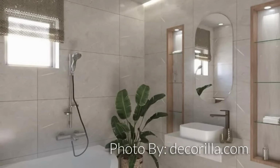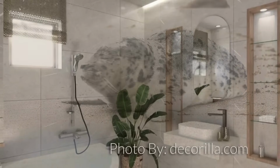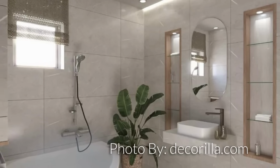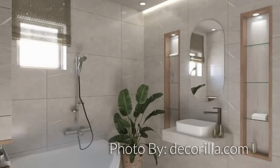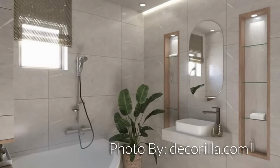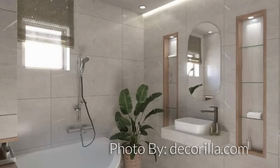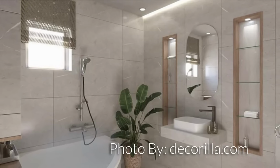They used very muted, sandy, kind of gray tiles that don't really do much for me, to be honest. And that kind of color, if the lighting isn't perfect in there, which it hardly is in bathrooms, it's probably just gonna look very blah. I do like that fun little window covering they used, and the wood is a good touch in the built-in shelving. And I also love that plant life, right? We just talked about that. So it's not all bad, but...